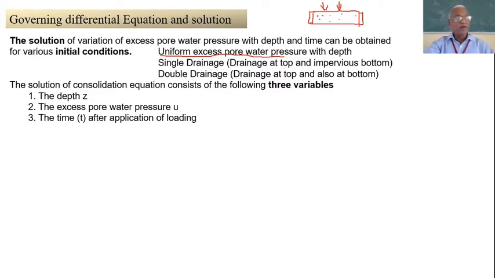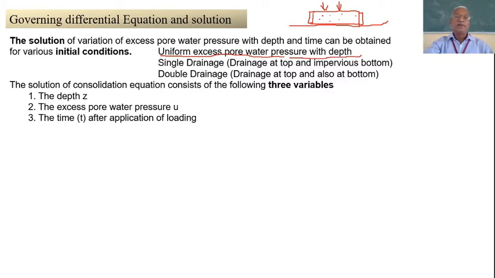In between the particles, the spaces are called voids or pores, and the water present in them is called pore water. So when you apply external pressure, the pressure is going to develop inside that water, and that will be the same everywhere, though it is applied at that end with a solid base. The pressure developed at that point, at midpoint, or even at the bottom is the same. That is what it means: uniform excess pore water pressure with depth. Of course, it will be shown in the form of a plot also.